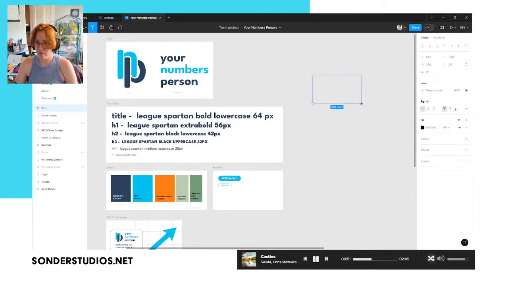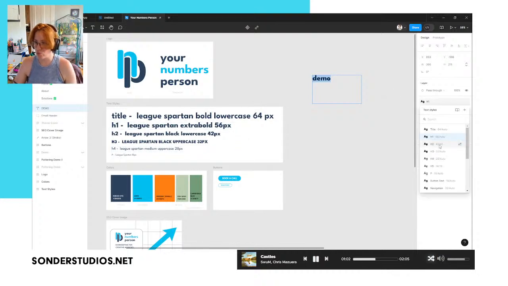Hold on. I ain't doing this right. So I can choose any one of these options in the typography suite, and it will remain in line with whatever is programmed here. So if I choose H1, it looks like that. If I choose like 2, it looks like that.